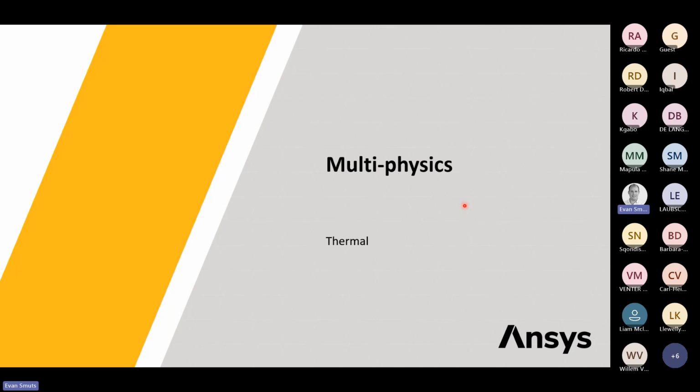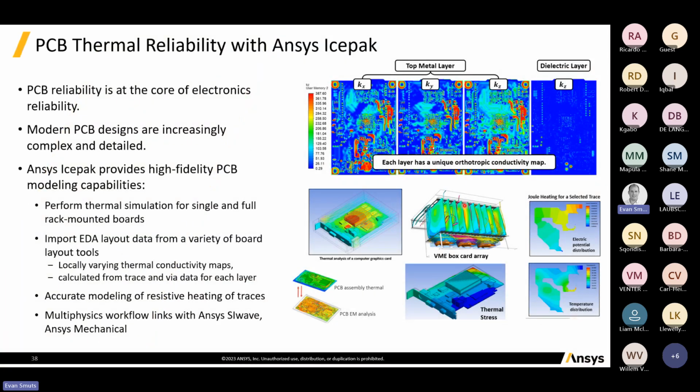Then, looking at how we actually model with these other products as well. On the thermal side specifically, we're typically going to work with IcePack. That's why I've highlighted it here. The idea is that IcePack is a simulation package for electronic cooling, and it's really focused on electronic products. So it works within the Electronics Desktop environment. We can do our PCB level analysis. We can do things like our DC power drop analysis and all of that, take it into IcePack, and we can get a very detailed